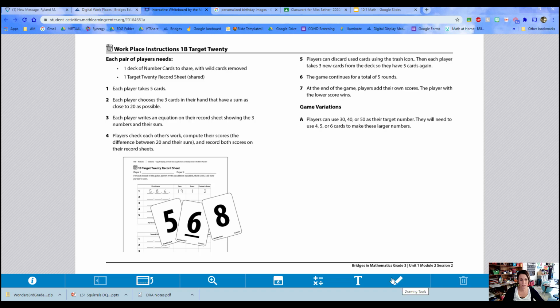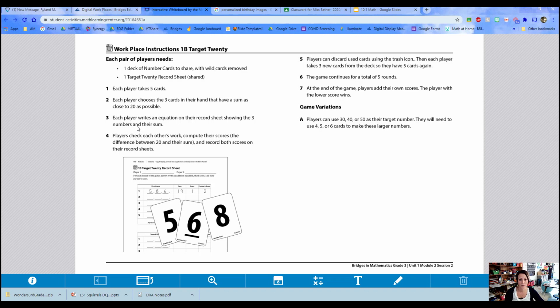So you're trying to get to 20. Number 3, each player writes an equation on their record sheet showing the 3 numbers and their sum. Players check each other's work, compute the scores, the difference between 20 and their sum. And this might be confusing right now. I will play a couple rounds with you and show you how it goes, and record both scores on their